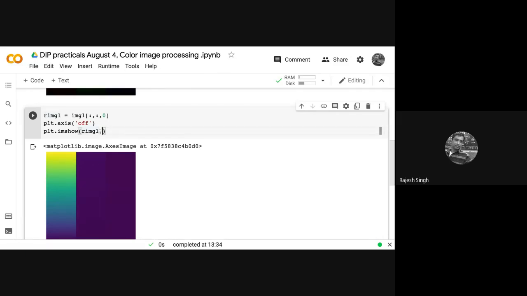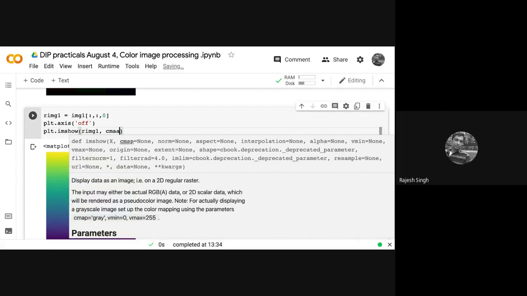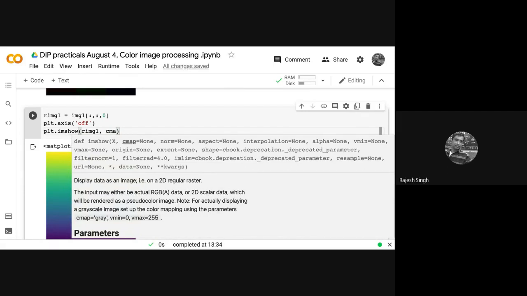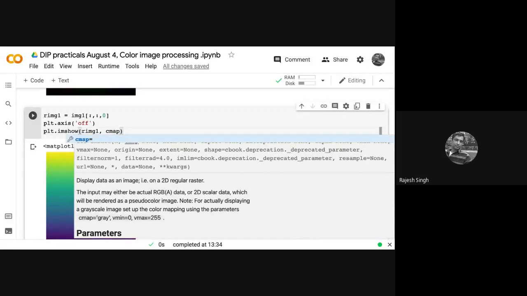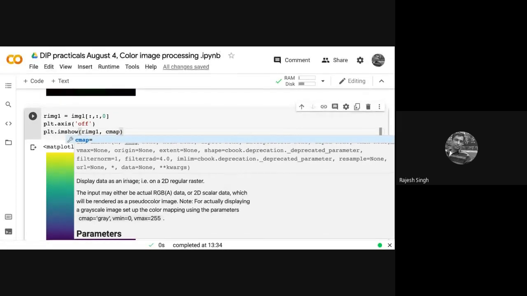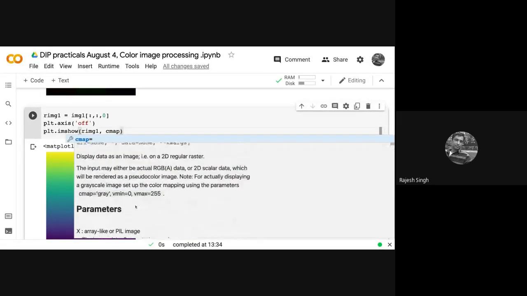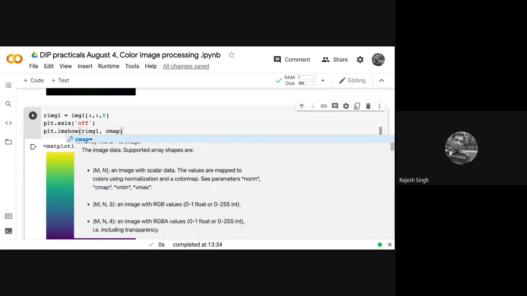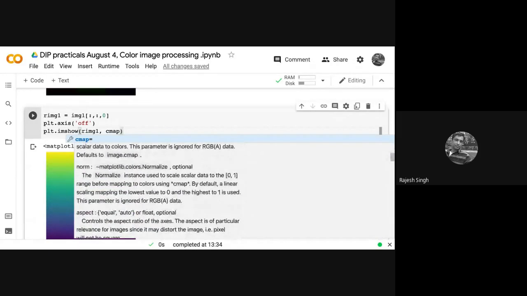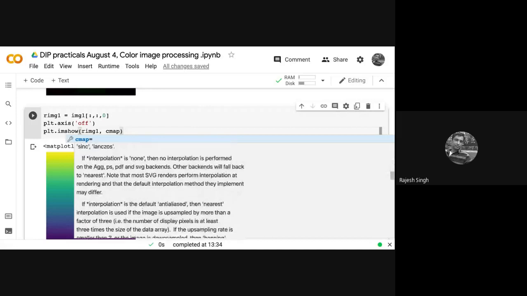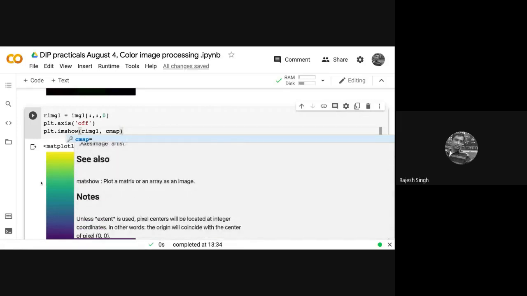So you just put a comma and write cmap. And the kind of parameters it can take, and other things, are available over here that you can check later. Lot of info.